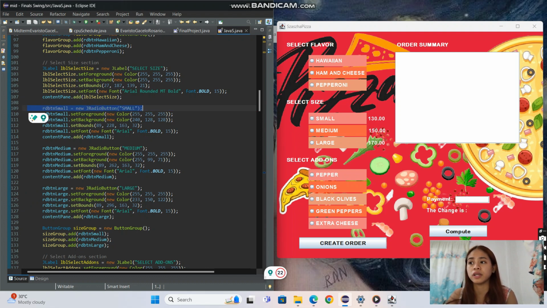RDBTN, which is radio button, small equals new JRadioButton, small. This is to create a radio button component with its label for the size of the pizza, which is small. And radioButtonSmall.setForeground and setBackground, which I mentioned earlier, is the same as the ones I explained. It sets the text color of the radio button to white and sets the background color to crimson color,